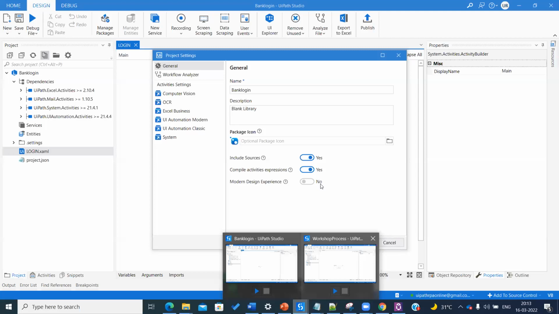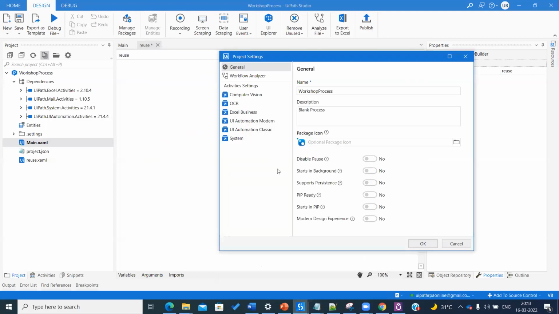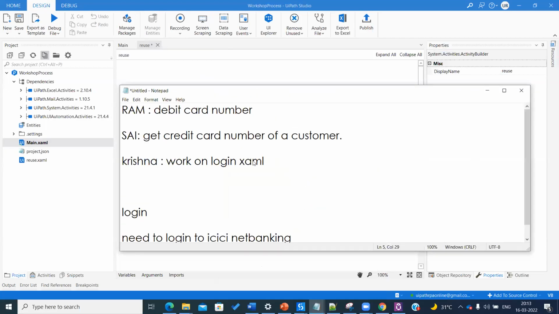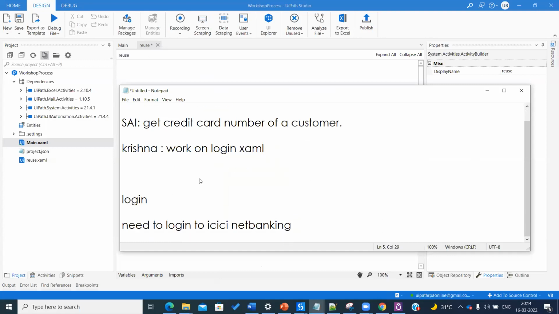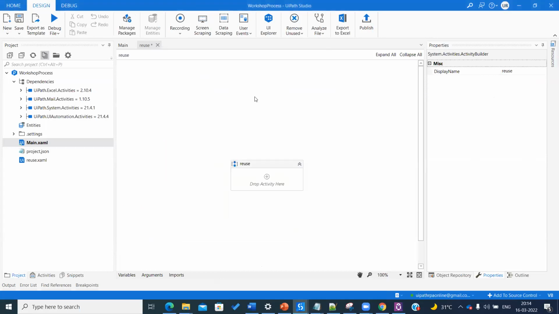But one thing you need to know is in the library, when you want to create a reusable component, what is meant by reuse? If Niklesh wants something, if I want something, if somebody wants something, if 3 of the people want the same thing, then I want to reuse that. I don't want all the developers to do that same activity again and again. Then that's the concept of library.